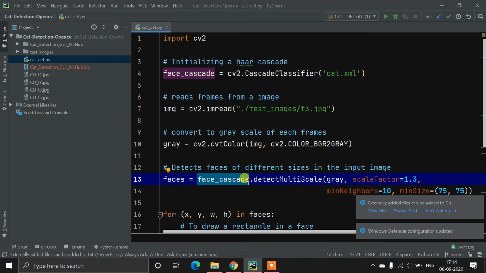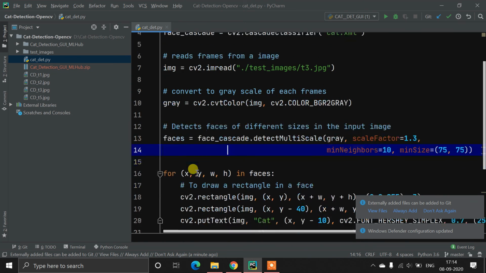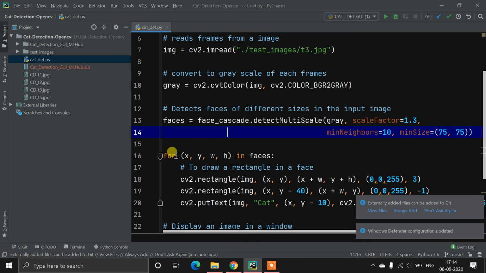That's why we are using detectMultiScale. From detectMultiScale we will also get the coordinates of the object, like x, y, w, h. In this method we need to pass our image, so we are passing our gray image here.